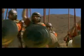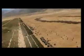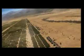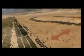The Macedonian front line begins to march toward the enemy. On the front line of the Persian force are the Immortals, Darius's elite guard. If one was killed, somebody else stepped up and got in their place. That's why they were known as the Immortals, because there were always 10,000 no matter what you did. As the Macedonians get closer, Darius believes Alexander's angled approach has given the Persians an enormous advantage. Darius seized the open ground between the Persian cavalry